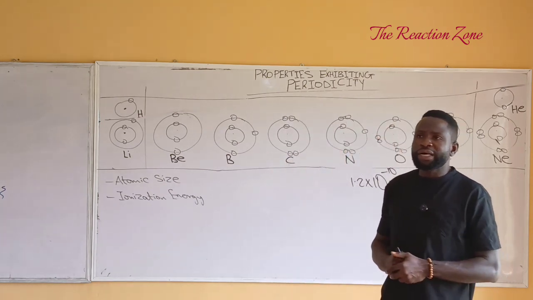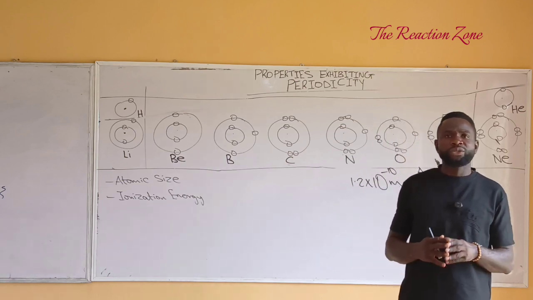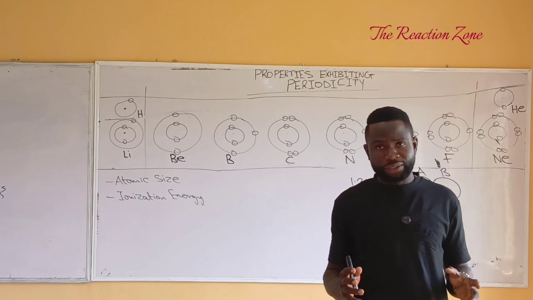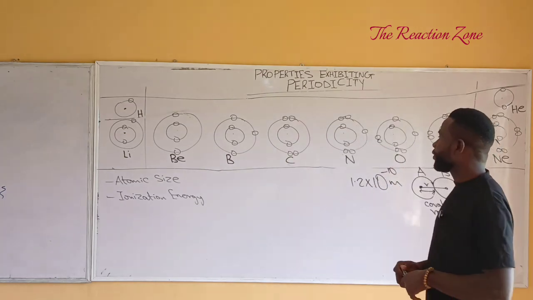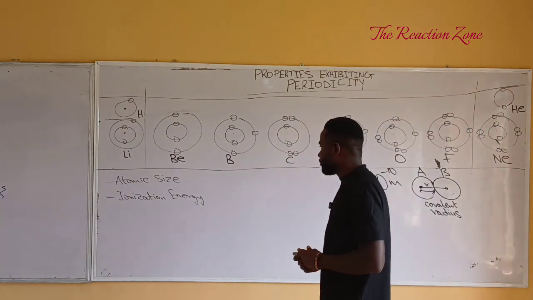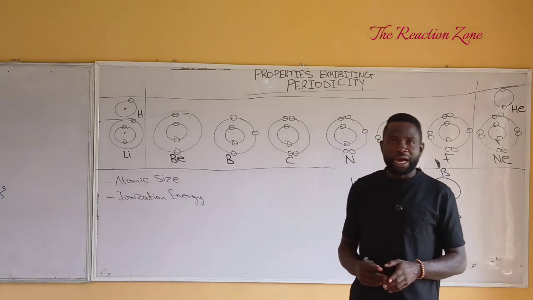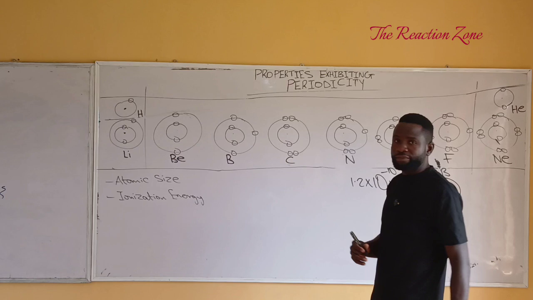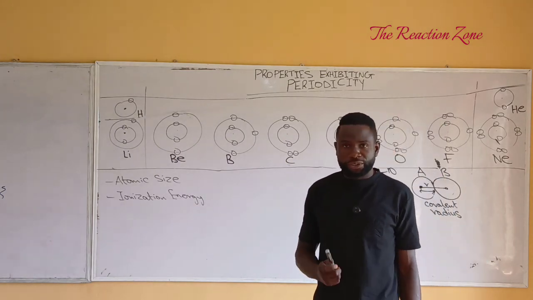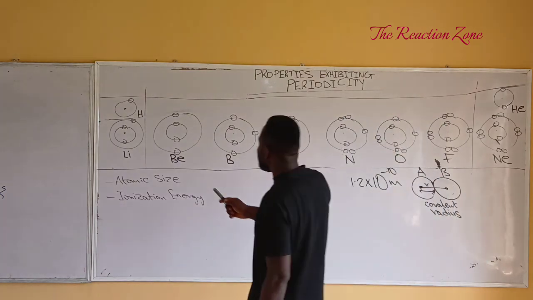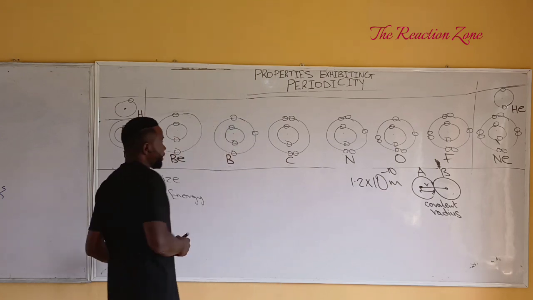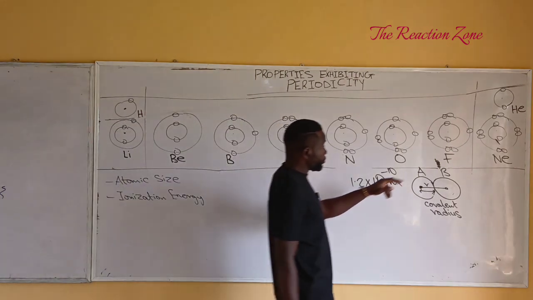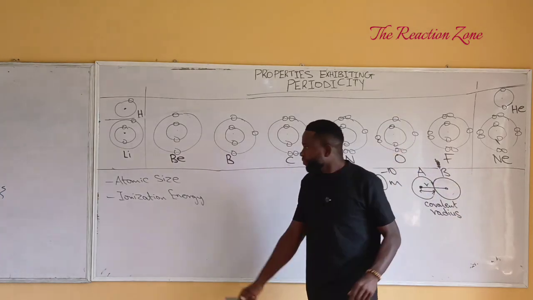Now, the next thing we're going to look at is how atomic size or atomic radius varies across a period and varies down the group. Atomic size decreases as you move from left to right across a period. The reason is because when you look at the elements of a particular period, for instance, looking at the elements of period 2, which starts from lithium down to neon, you can see that each of